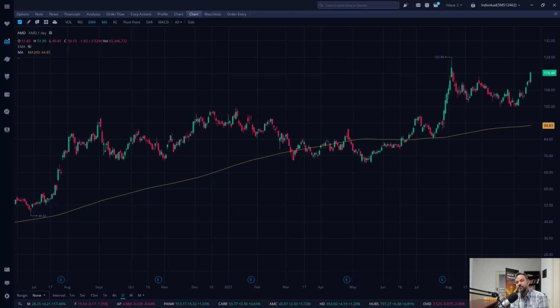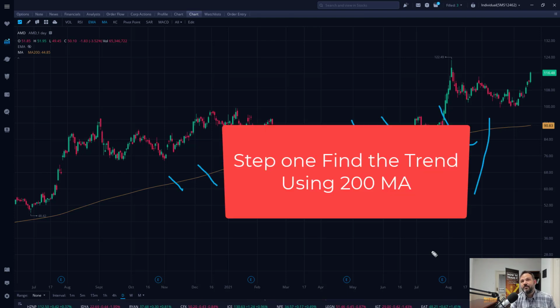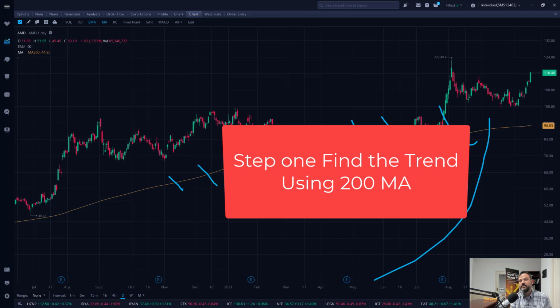Now, the thing that you need to know first of all, so we're just going to go with step one. This will work on stocks. This will work on crypto. This will work on Forex. This price action strategy works on every single possible market because it's based off of price. And there is one indicator that I add to this chart. That specific indicator is the 200 simple moving average.